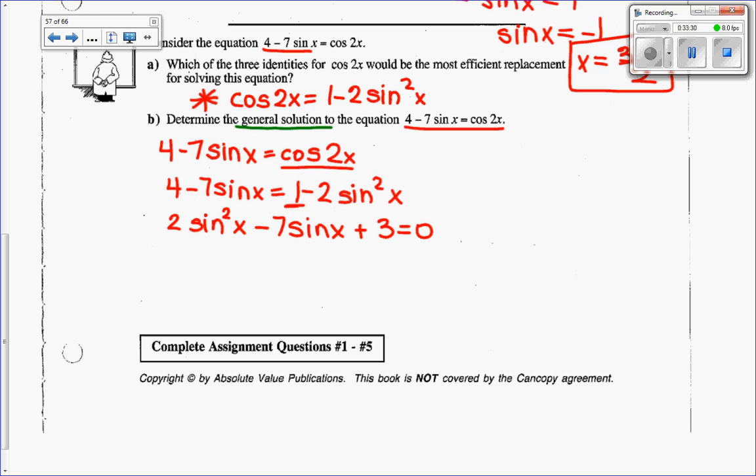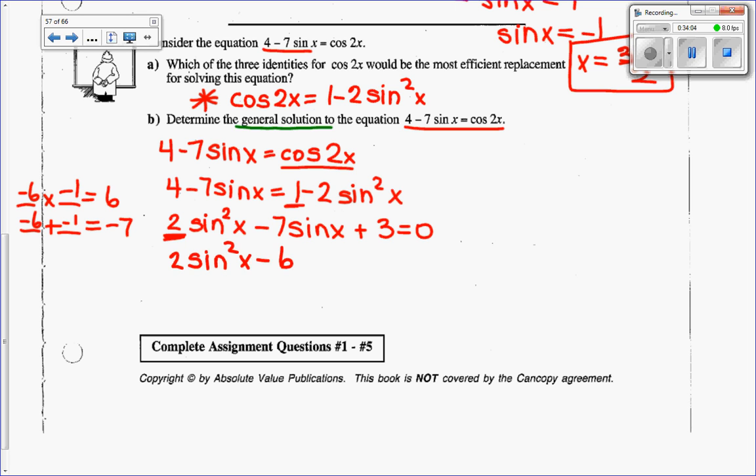2 sine squared x. In order to factor this, because I don't have just a single sine squared x, I've got 2 sine squared x, I have to use the method of decomposition again. So I'm looking for two numbers that will multiply to give me 2 times 3, so 6, and add together to give me negative 7. So I'm going to use negative 6 and negative 1. So we've got 2 sine squared x